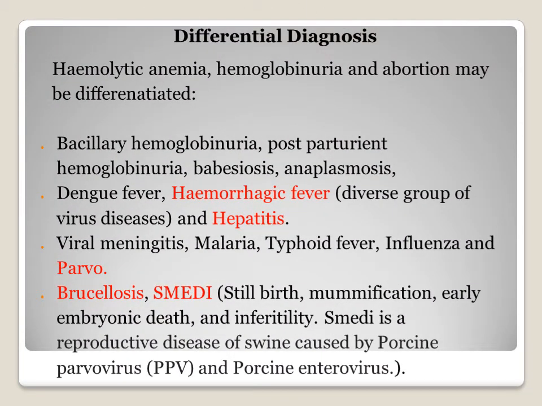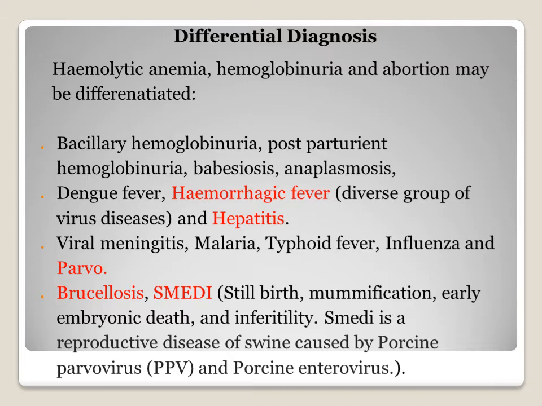We have seen that a large variety of symptoms and forms of leptospirosis are observed. But the main symptoms are hemolytic anemia and related symptoms, hemoglobinuria, abortion, kidney failure, liver failure, hepatitis, nephritis, jaundice. This group of symptoms is also observed in other diseases, as one or more of these symptoms are observed in many diseases. We will see the list of diseases that are required to be differentiated from leptospirosis.